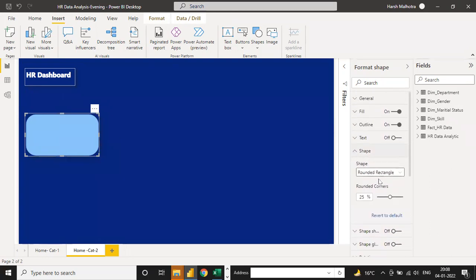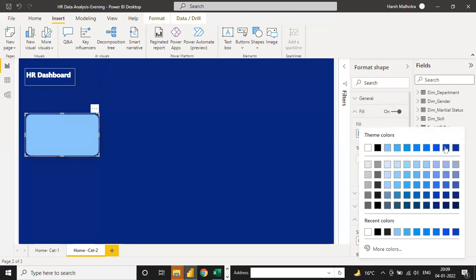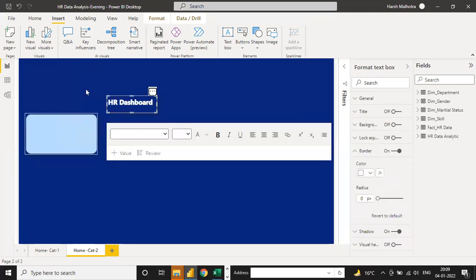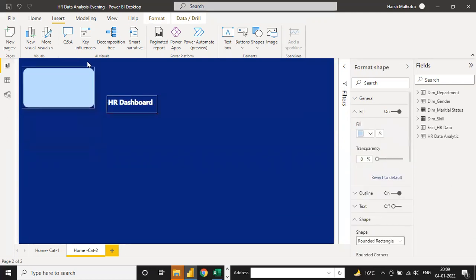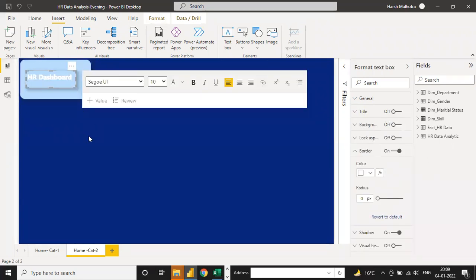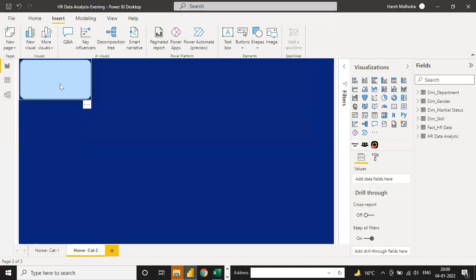You can make the shape rounded. Now this one is good. Outline, fill. You can change the fill color. Suppose this one. And now place it into the upper part here. Like this, and you can see your HR dashboard heading will be ready.